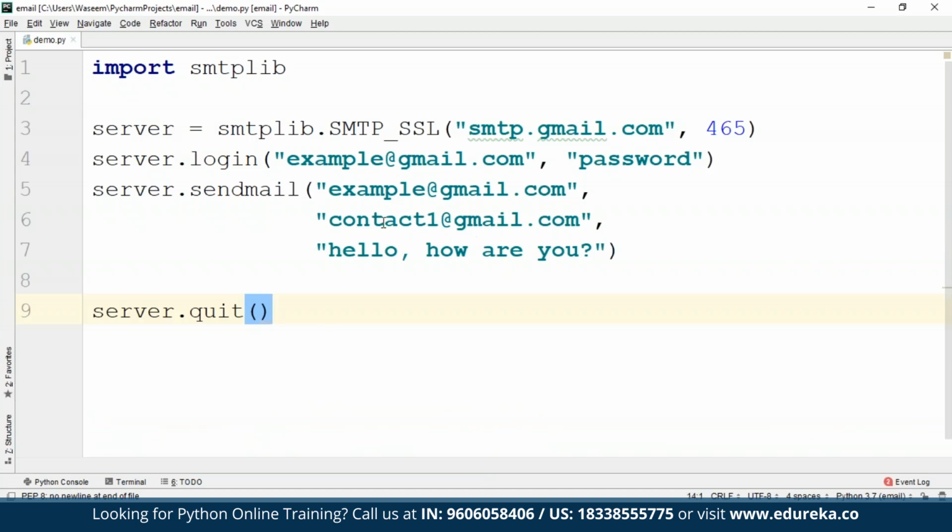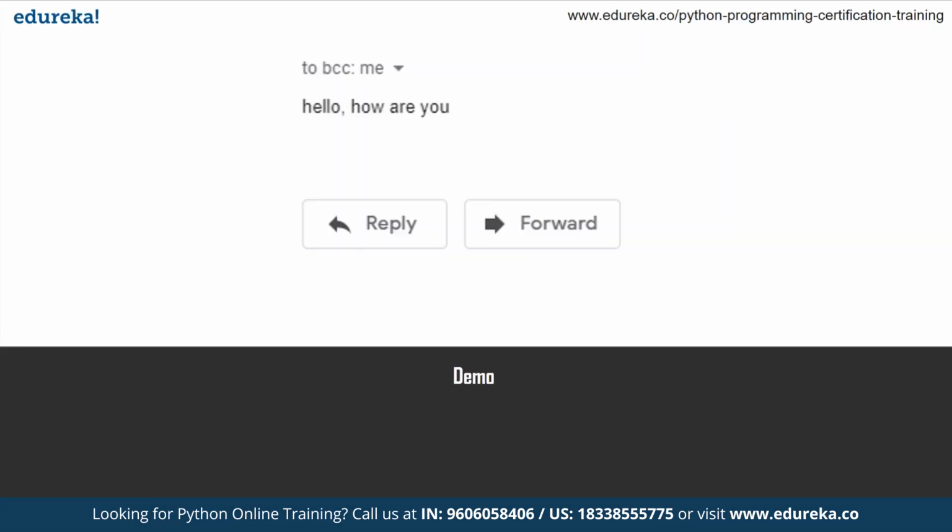So these are all dummy values for all the email accounts. I'll show you the exact copy of the message that you will get after you send this message. But before that, you have to disable that option to allow the less secure apps to log into the account. So this is your message, guys. I used email IDs like my own email ID, work ID, and I used the recipient's ID as the same as well. That is why it is BCC to me only. And it sent me the message.